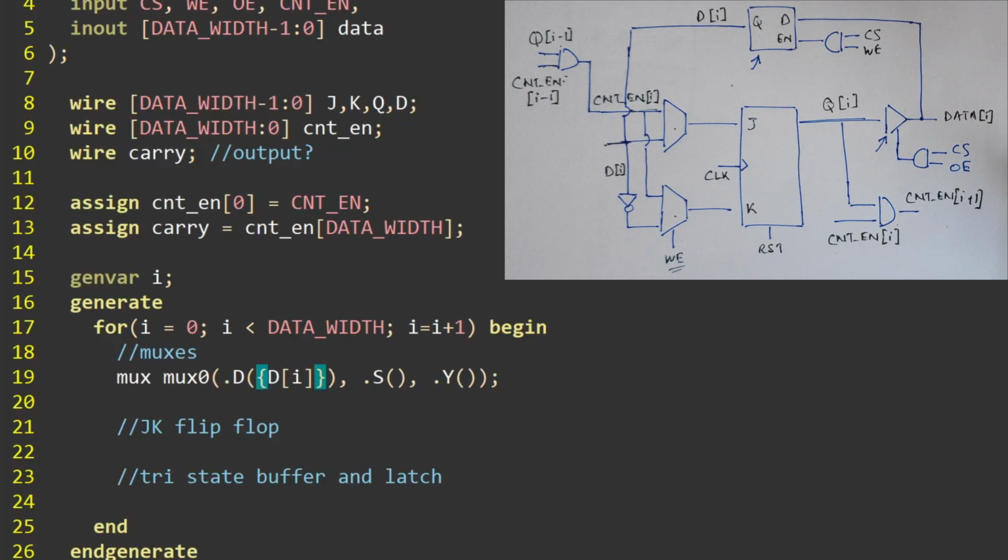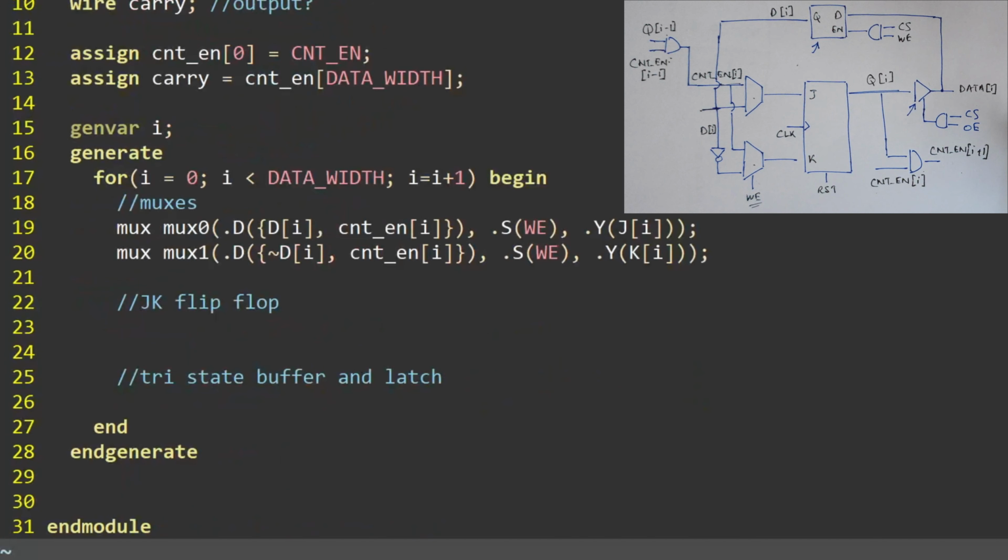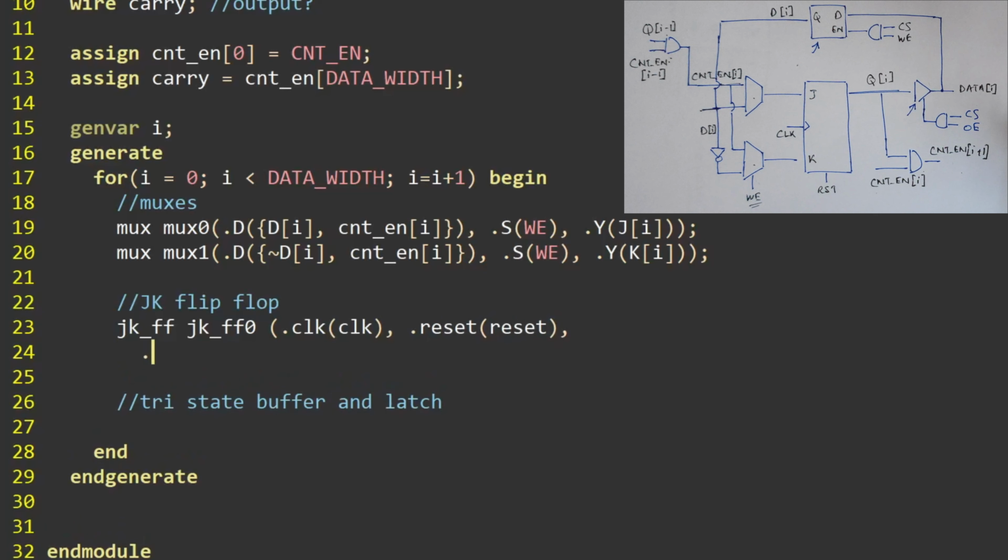Curly brackets are used to concatenate bits into a bit array, MSB first. I already named all my wires according to what port of the JK flip-flop they would connect to.